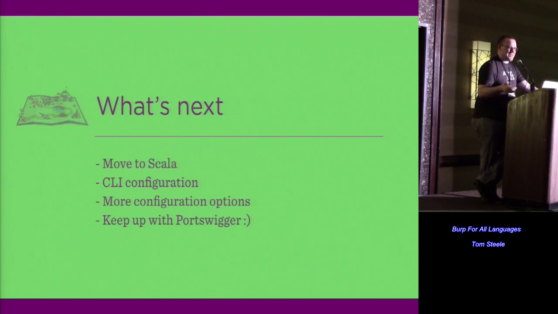So I'd like to move it to Scala because it's a little bit cleaner of a language. It's easier for me to write. And I think it's a little bit easier for people to build and run with. So we're going to do that. I'd also want to do CLI configuration because when you run Burp in headless mode, there's no way to configure the plugin unless you have a CLI interface for it. So it needs to be